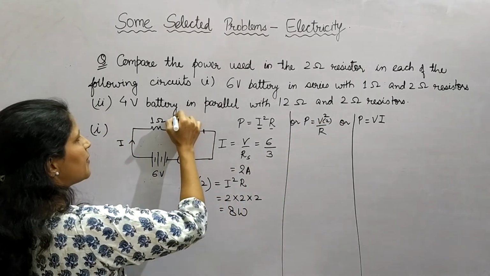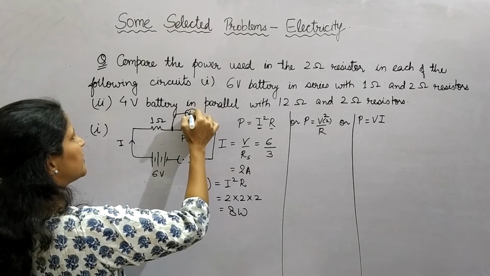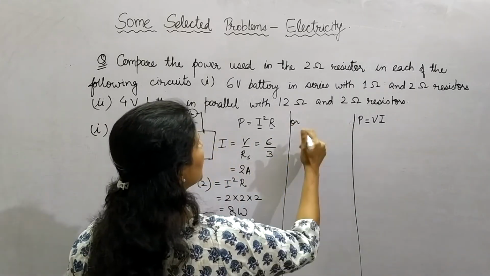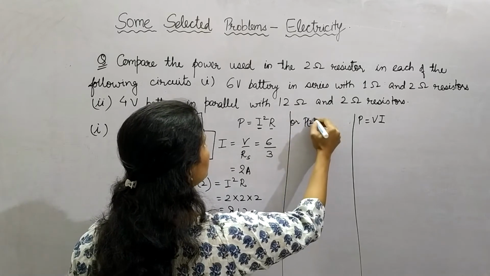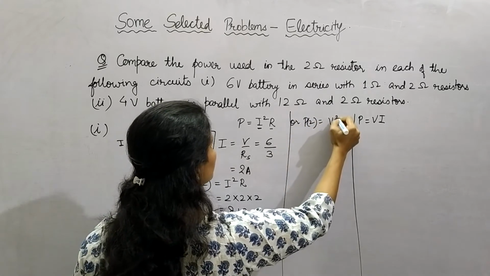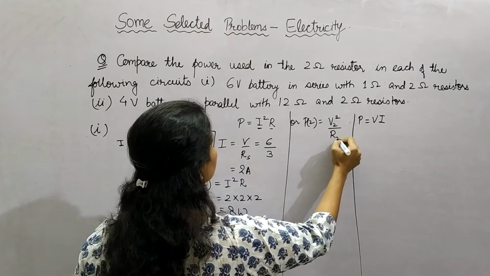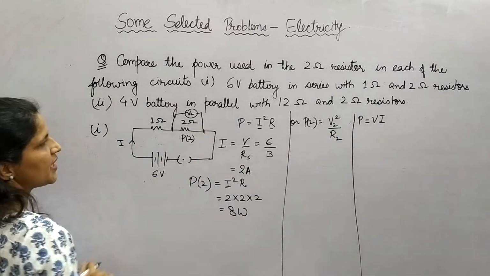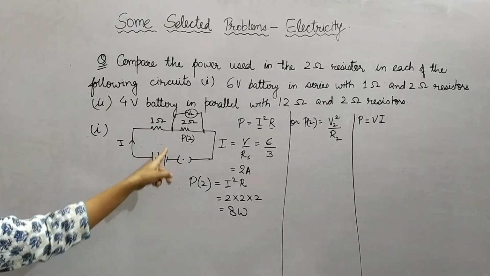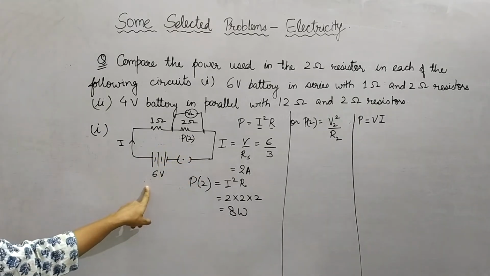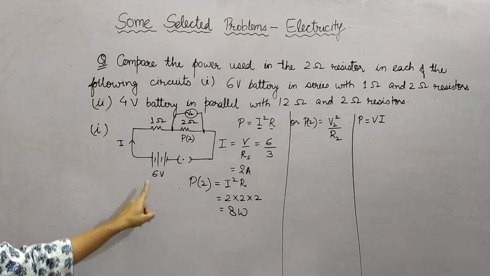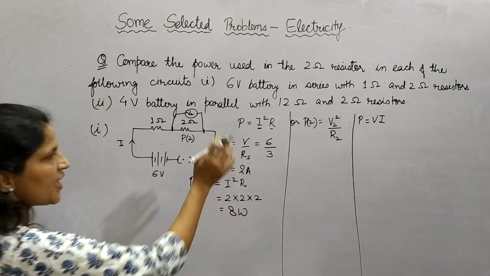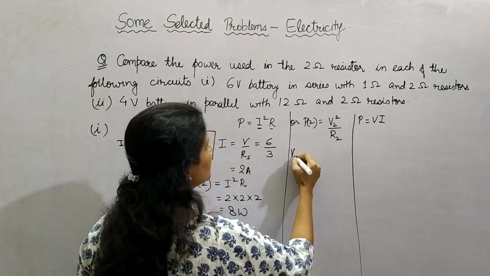या फिर हम इसको यहाँ पर एक वोल्ट मीटर लगा करके ये दिखा देते हैं कि ये V2 है. तो I should rewrite this formula as P2 is equal to V2 square upon R2. If I name this resistance as 2 ohm resistor, so this will be R2. Now V, the total potential difference applied across the entire circuit is 6 volt, but this V2 is not known. So we can find out this value of V2 using Ohm's law.